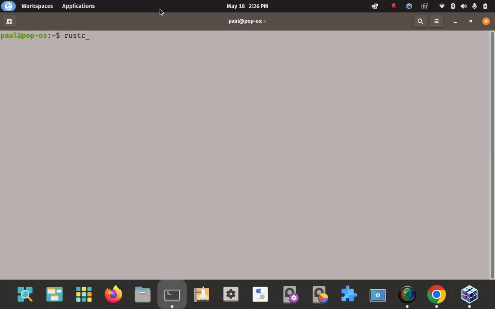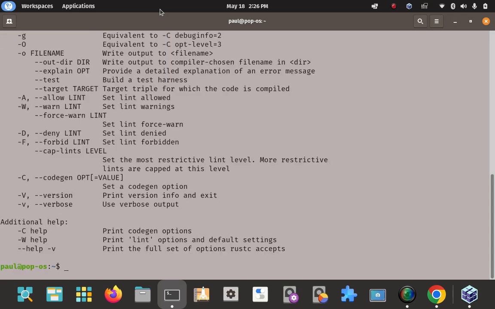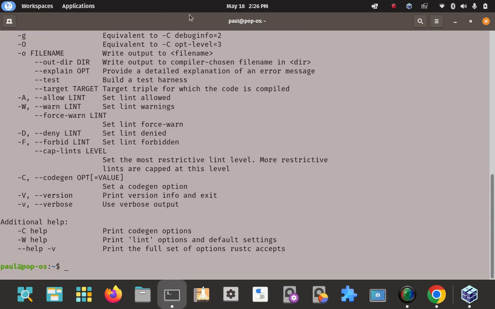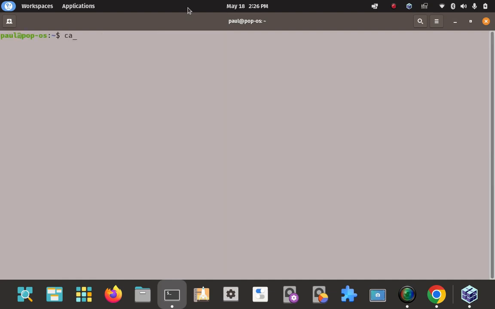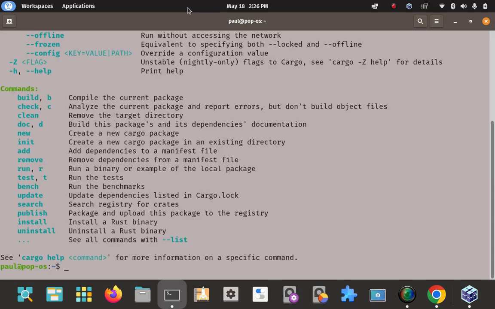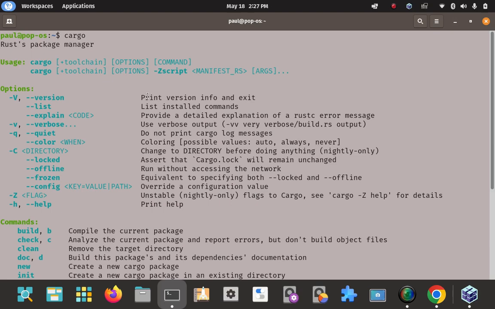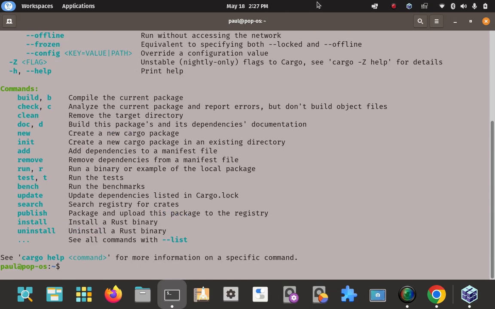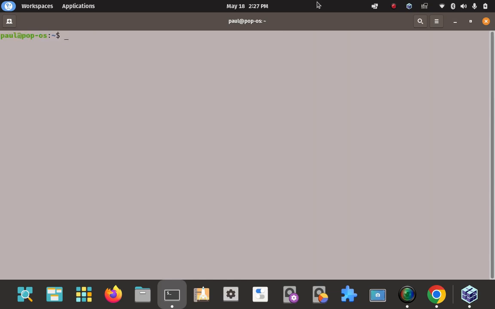It might say something about it needing a source code file passed to it. Okay, same thing. You're just going to get some usage and whatnot. Okay, so you can go through that on your own time. And let's see what cargo does by itself. Same thing. You're just going to get a bunch of usage and help options here. Okay, so that's pretty good. So yeah, we're good there. I'm going to go ahead and clear on that. I'm going to go back to my